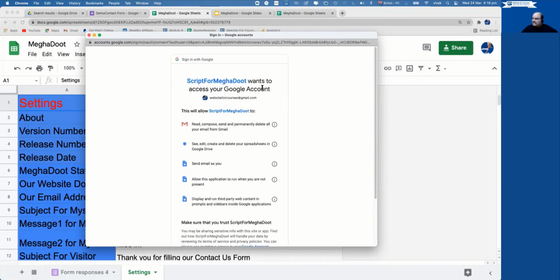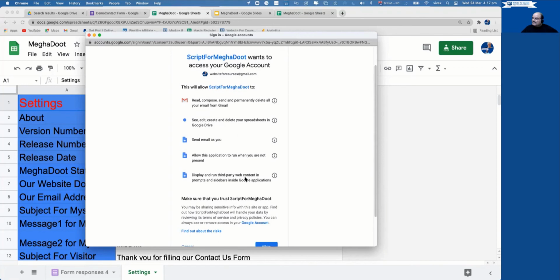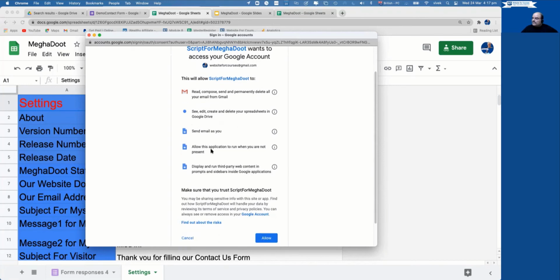It will want to access your Google account, see, edit, send email as you. This is exactly what we want it to do. You know, Meghadut is a messenger after all. And allow this application to run even when you are not present. Exactly, that's what you want.